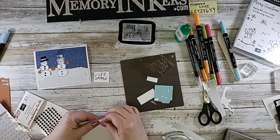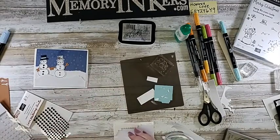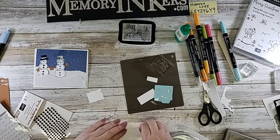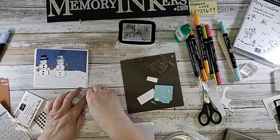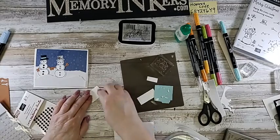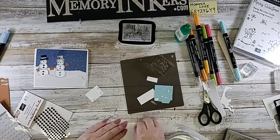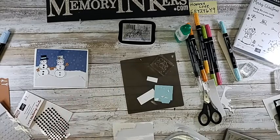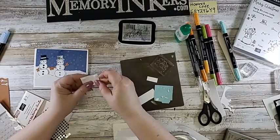And I will show you the original card. I did add some ribbon to it, and you guys can decide if you want to do that. I just decided not to on this one because I didn't think it really made that much sense once I was looking at it. So, oh, my fingers, sticky, sticky. Excuse me. All right, so